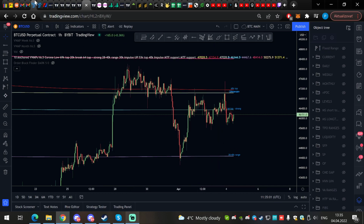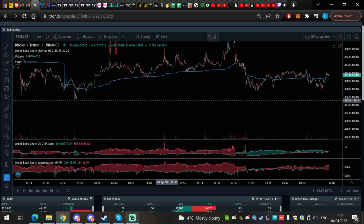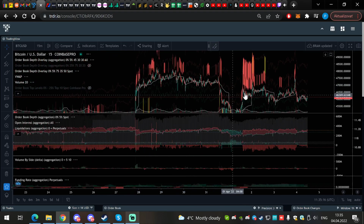And now I can show you also TRDR. We are using that often. Look at the top, beautiful. It was helpful for our trades. And even here, if you zoom out a bit,